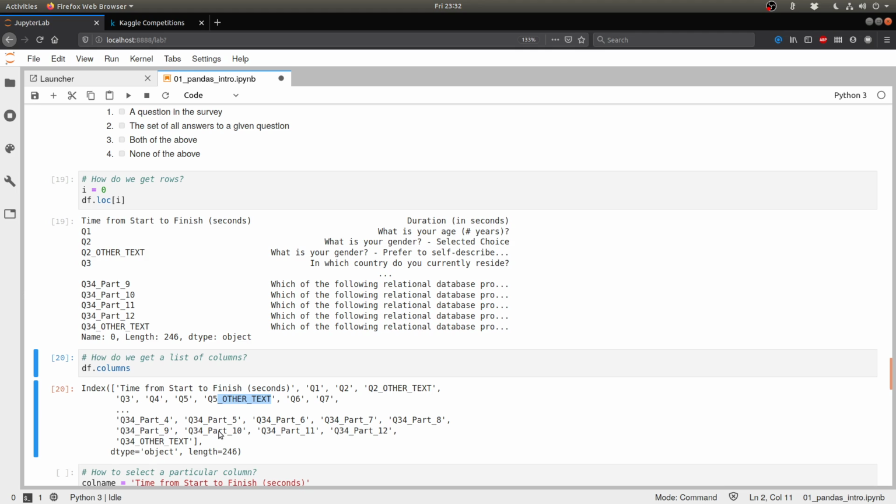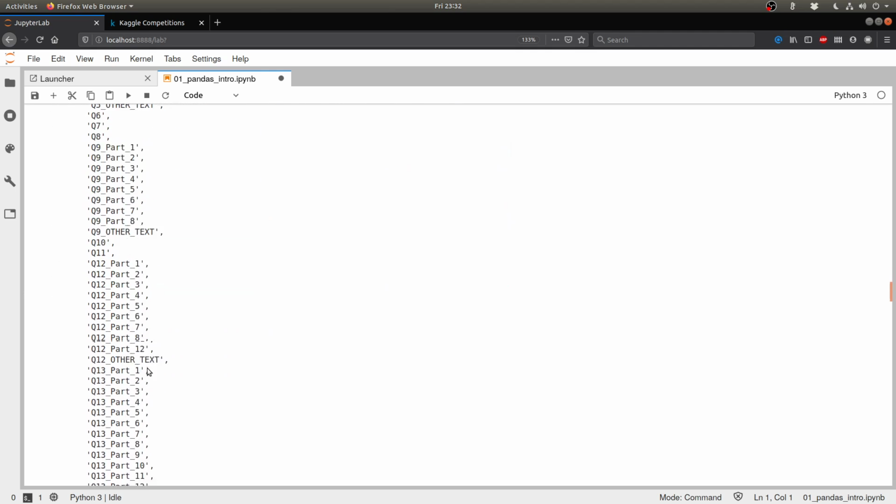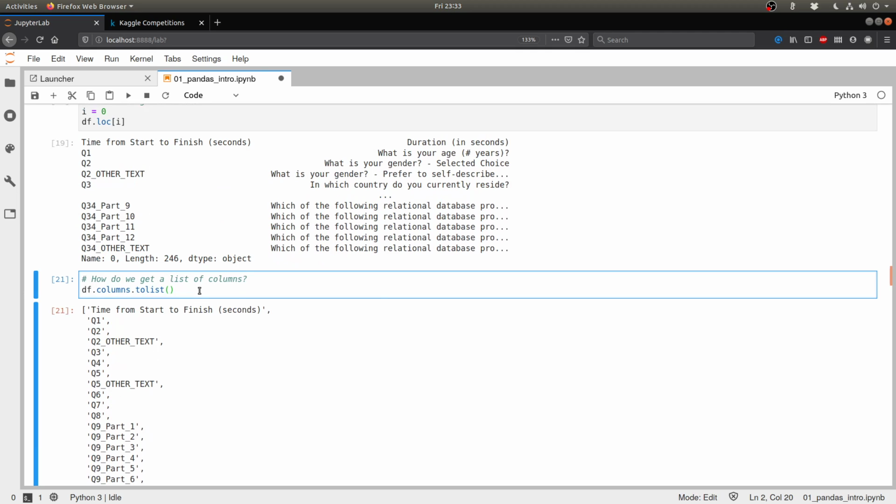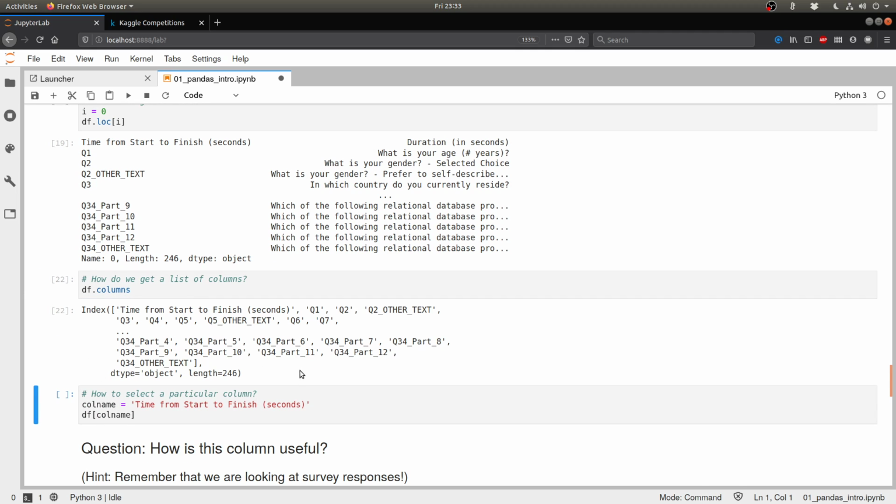And then there are multiple questions which are in multiple parts. So for example, we can see here that question 34 had 12 parts. So we can see that there was a part 4, 5, 6. Some of them are not shown here because this is a list which has 246 elements in it, and Python chooses not to show it. We can actually, of course, convert it to a list and actually see the whole list, but that would be too long to parse. And that's why it's more or less meaningless. You can just look at the columns to get a summary idea of whatever number of columns there are. So the point is that there are questions, and some of them have multiple choice answers, and some of them also have free text answers, essentially.